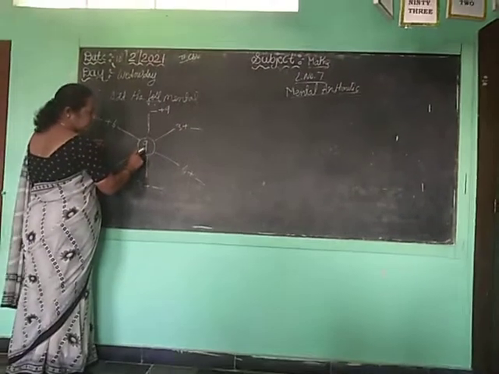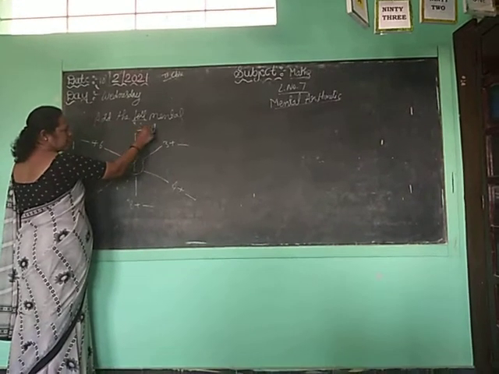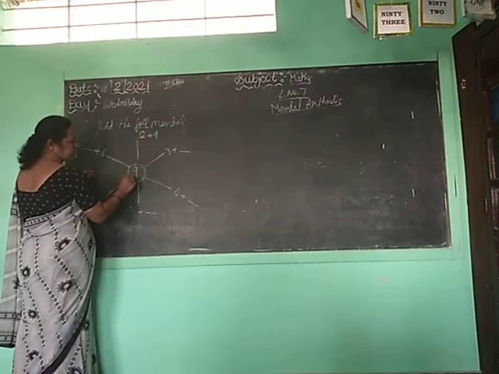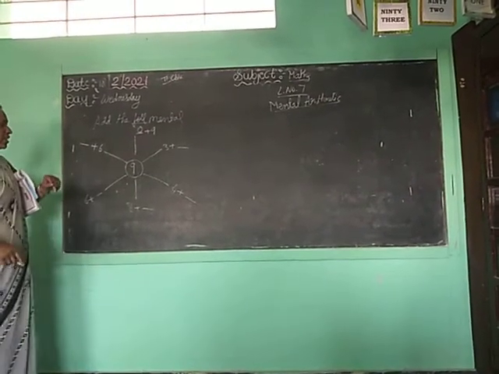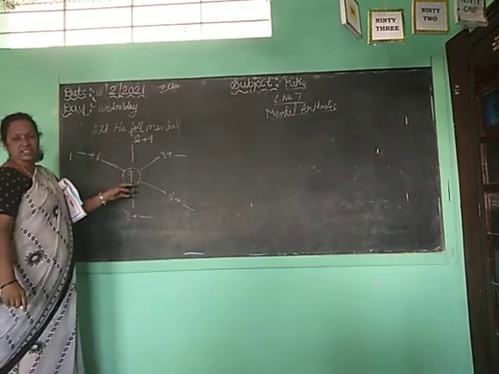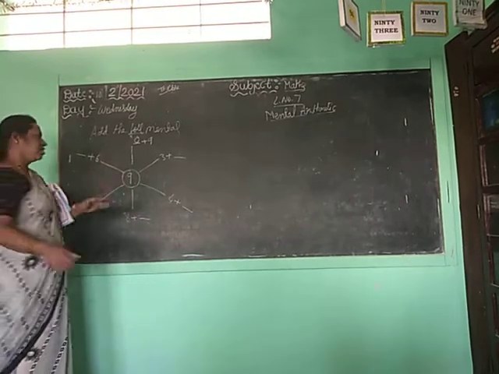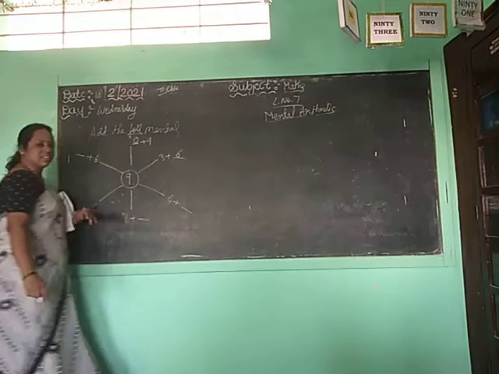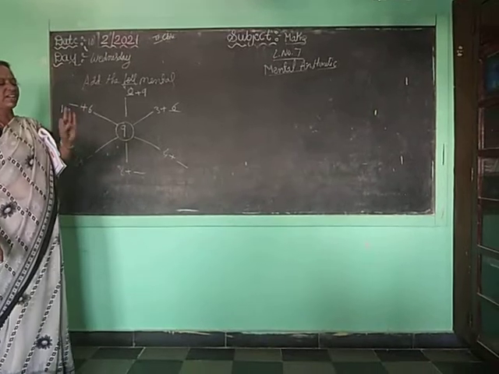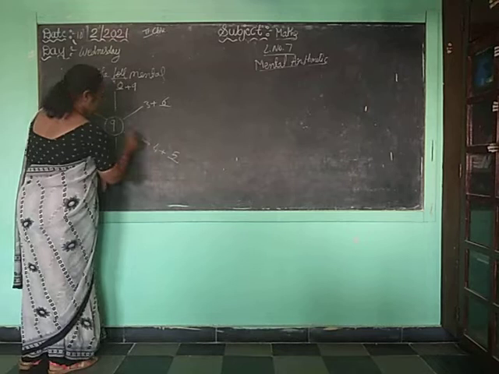The sum should be 9. For what number, if you add, do you get 9? 0 plus 9 is how much? 9 only. But here 3 is given. Another number to get 9? 4, 5, 6, 7, 8, 9. How much? 6. So 3 plus 6 is 9. Here 4 is there. 5, 6, 7, 8, 9. How much? 5. So 4 plus 5 is 9.